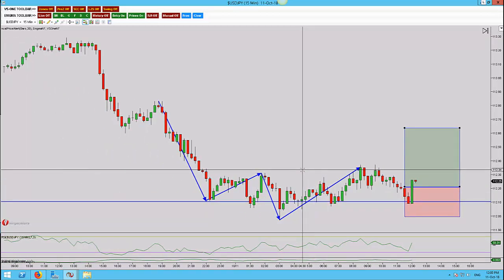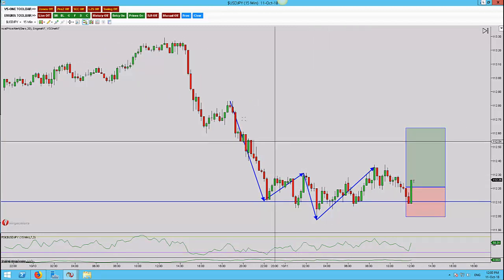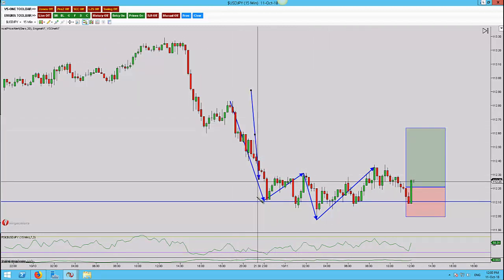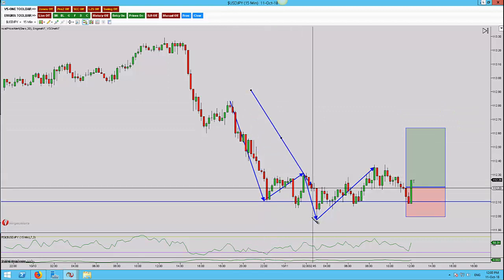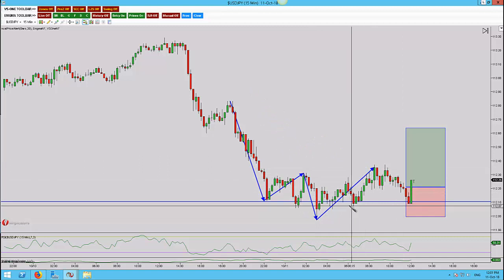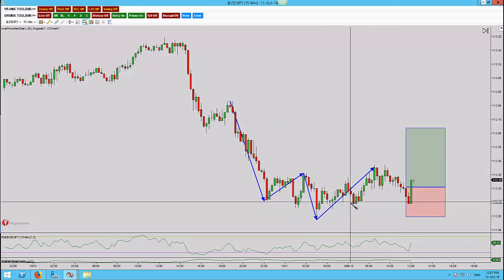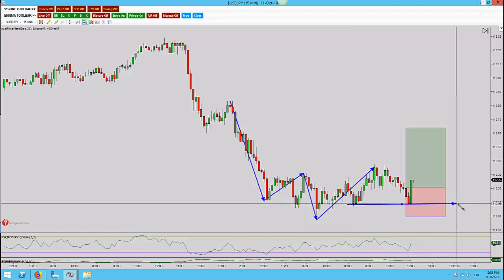What I'll then do is, if you can see the actual head and shoulders, it's not very clean, but we've got a nice rally down. We've got the left shoulder, the head. We made an initial structure high here, and we've retraced back into structure, which is this level right here. Now, if we go out to the daily time frame,